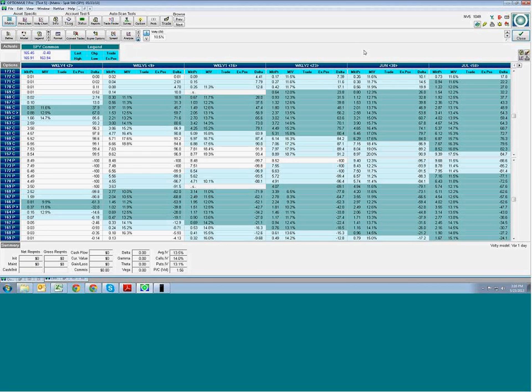Question from someone asking about using the skew for the futures. I trade a lot of futures myself, and futures volatility is a whole different animal. Let me get back to you on that, Brian. That's a question, and